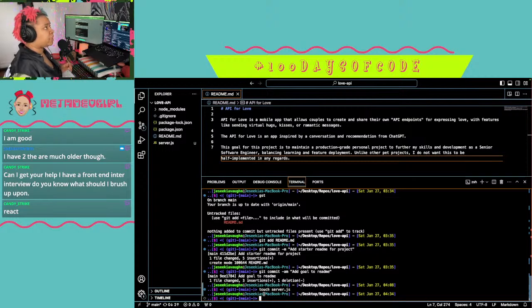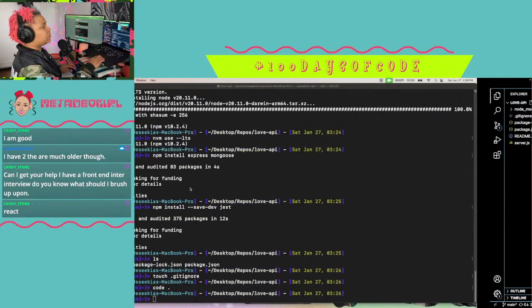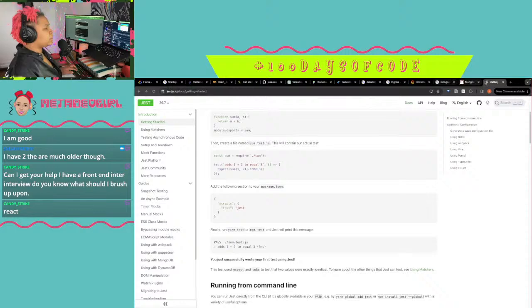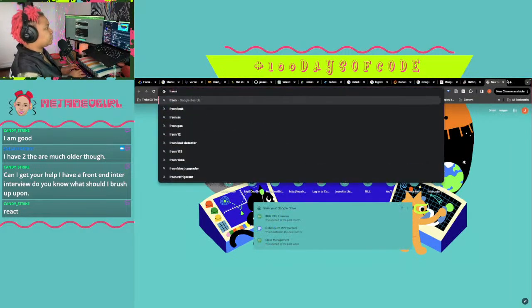Be ready to talk about any of the projects you featured, like if you gave them your GitHub, be ready to answer questions about your repository. It depends what phase of the interview you might be in. Yeah, React. Is it a first interview, or do you know what kind of interview it is?